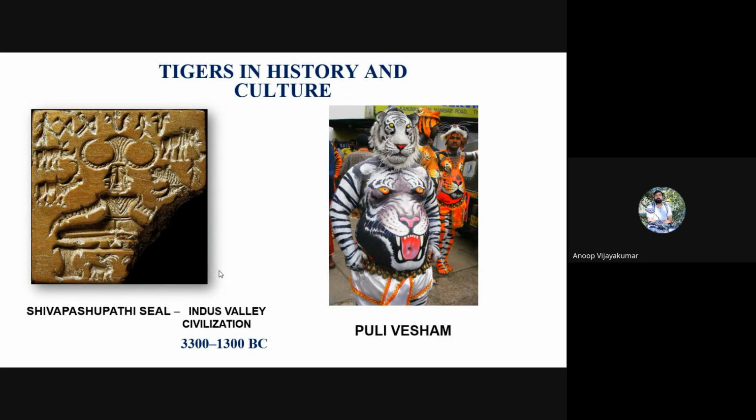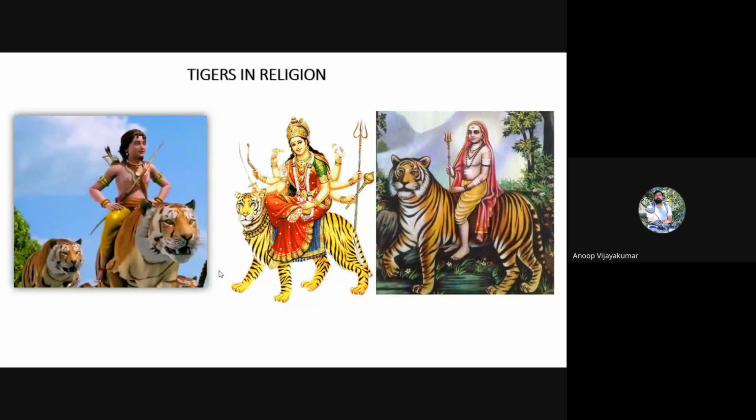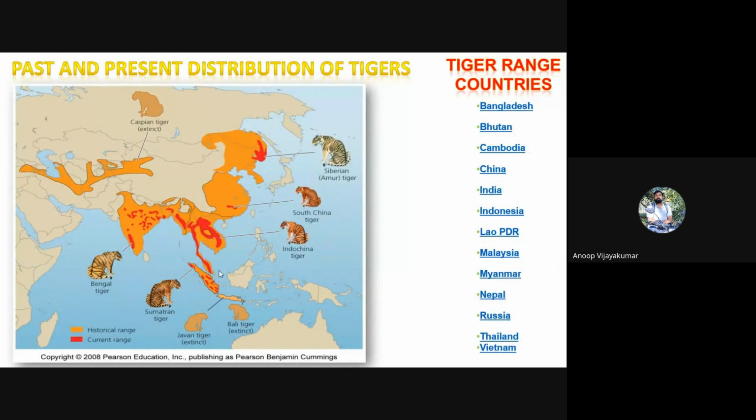And if you look at individual civilizations, you can see many animals, including the tiger, if you give it full consideration. Also, there is a festival in Kerala. We call this Puli Vesham. Puli means tiger in South India. So we are connected even in religion, in different books. You can see that. So that is a historical connection.